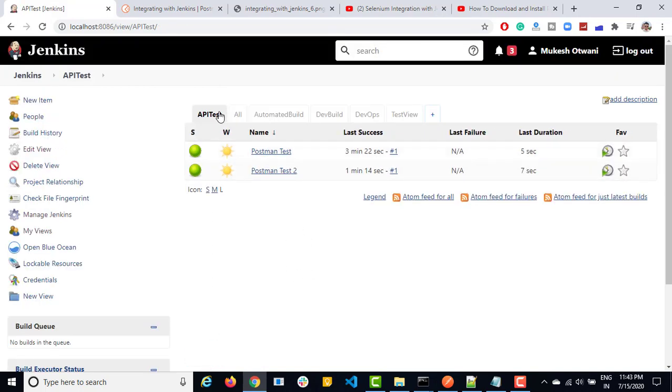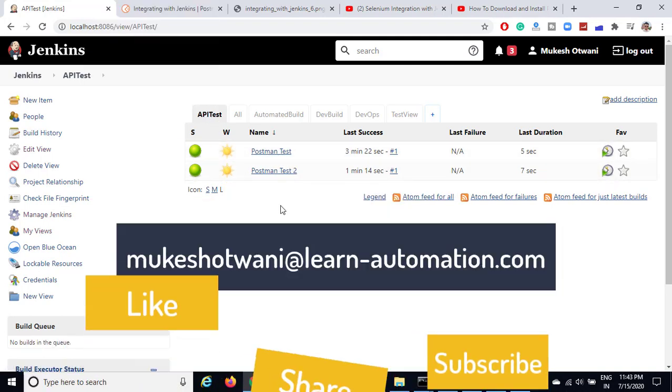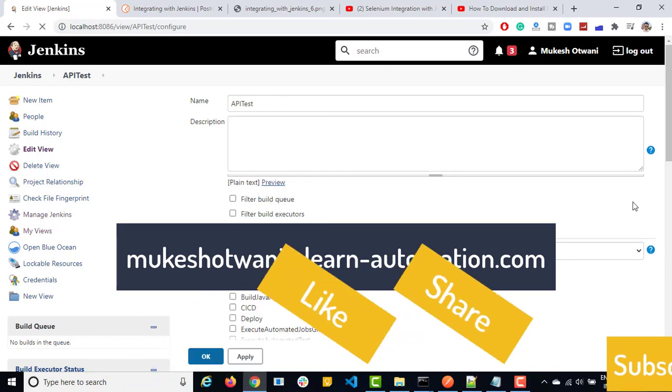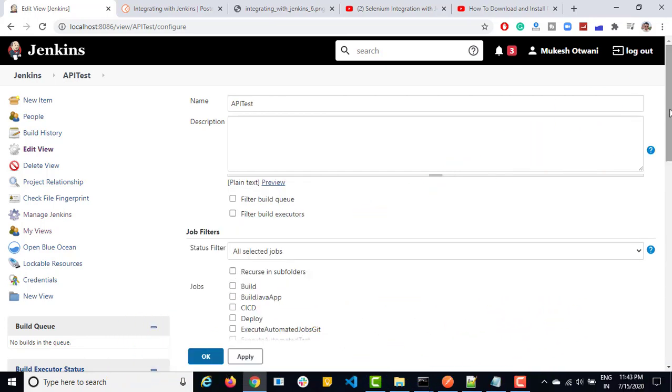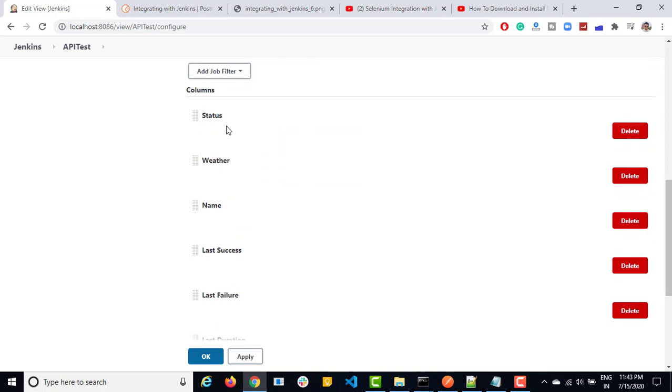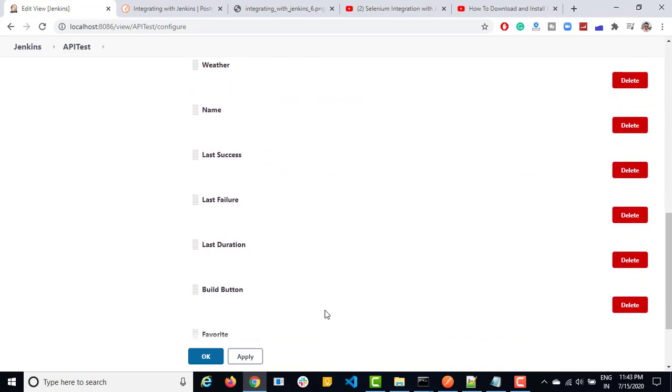So now you can see there's one separate section added here called API test, and within this you will get all the jobs that we have configured. In case you want to customize this view, you can click on edit view and continue. Right now these are the columns that show up: status, weather, name, last duration, and so on.